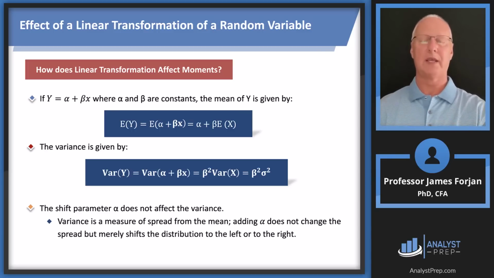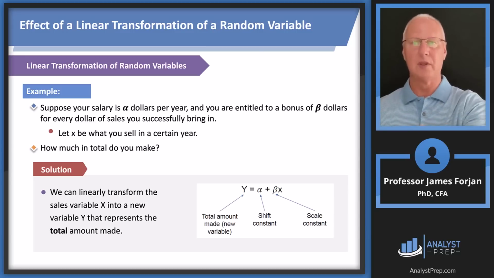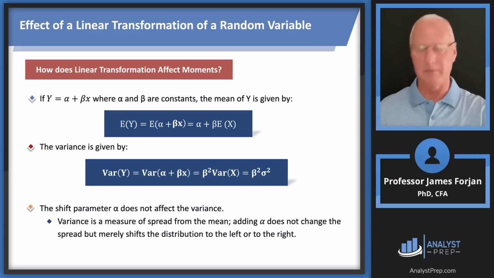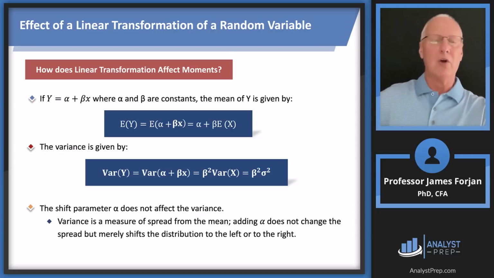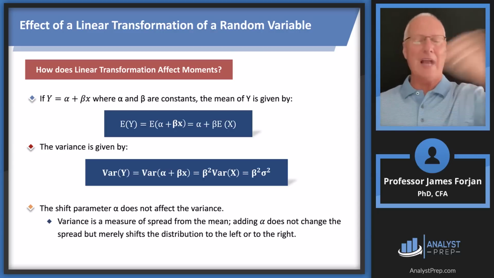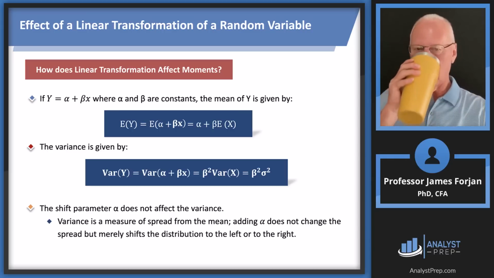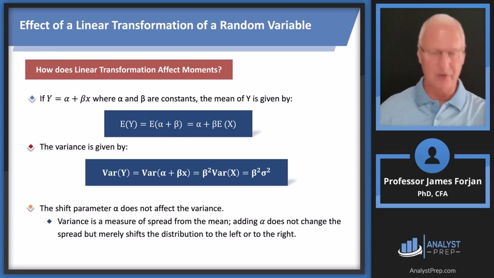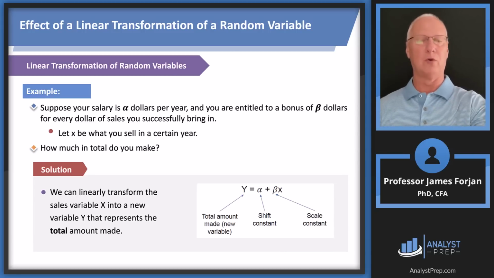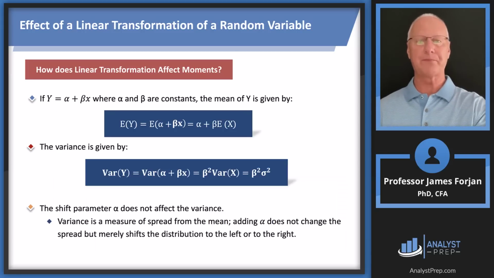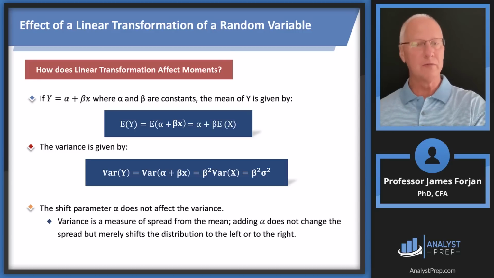And then if we take the expectation of B, this B dollars bonus you get every time, you can extract that constant out. So the expectation of your total compensation is equal to, of course, your salary plus